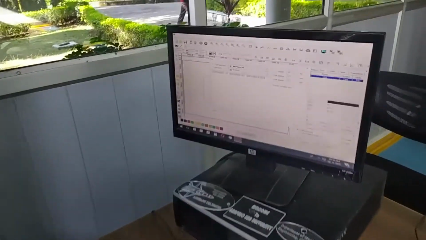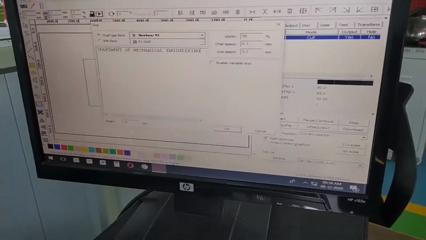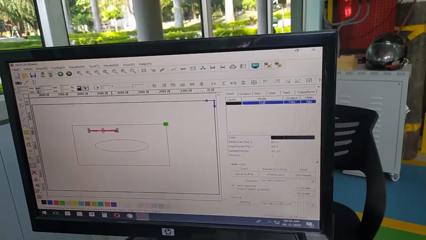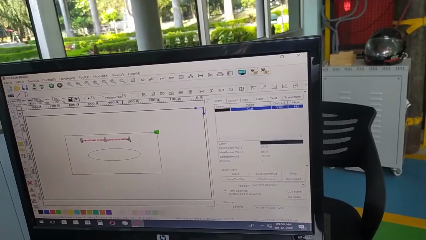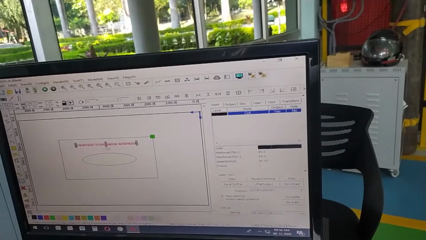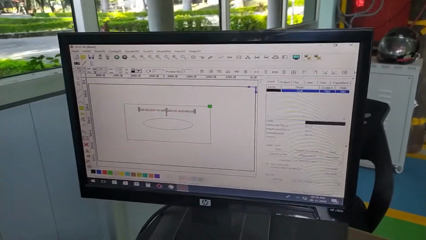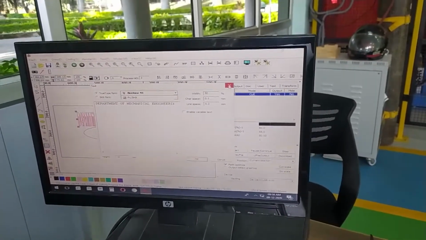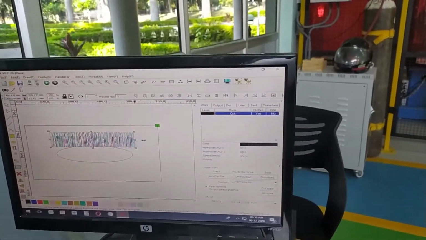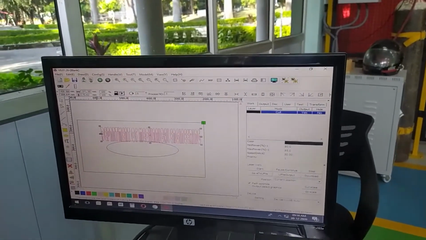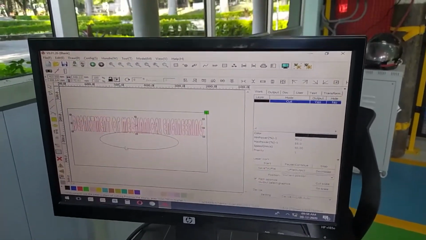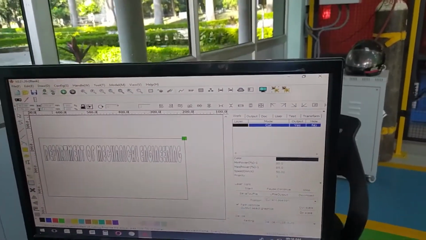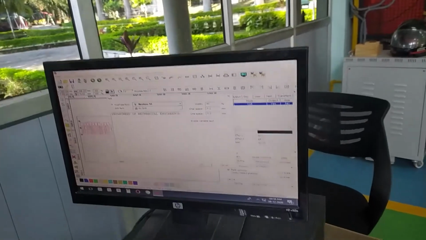Changing the size of the text, here the height of the text is 10 mm. I can delete the drawing.